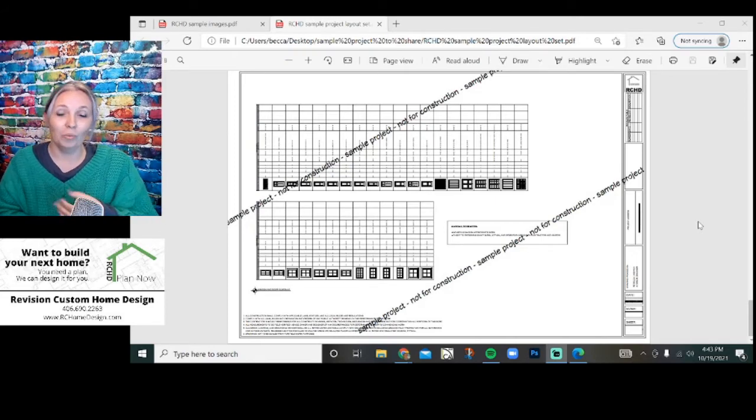Are we doing double hung windows? Are we doing casement windows? Are we doing crankouts? What kind of doors do we have? Do we have bifolds on the closet? Do we have French doors, sliding doors? Are we doing pocket doors? Barn doors. So this just calls out all the dimensions, the locations, the type, how it works, and essentially creates